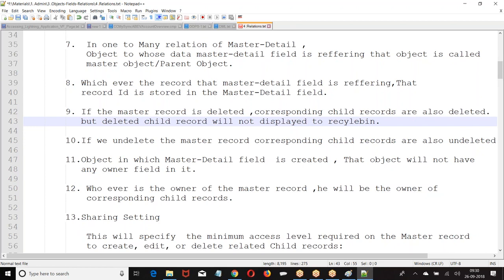But in the recycle bin, I am going to show this is the deleted record.